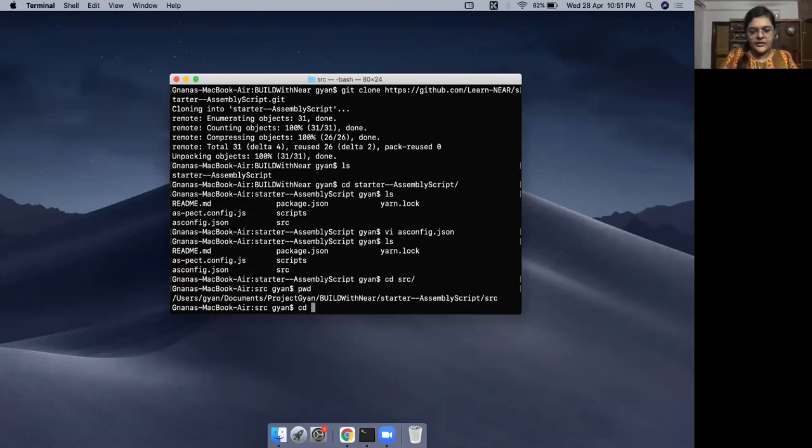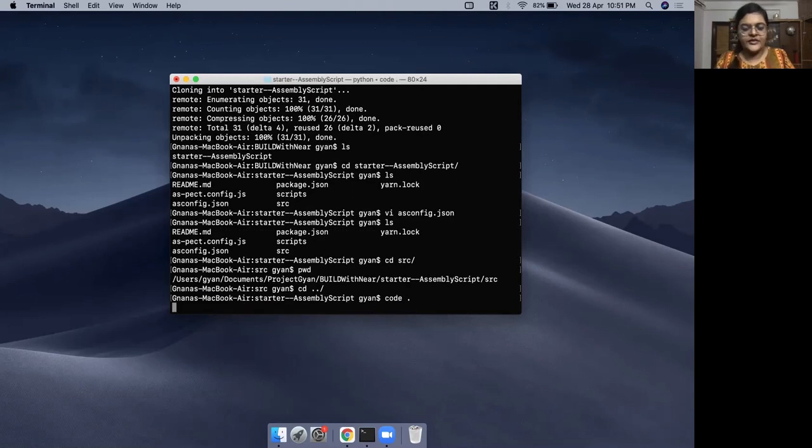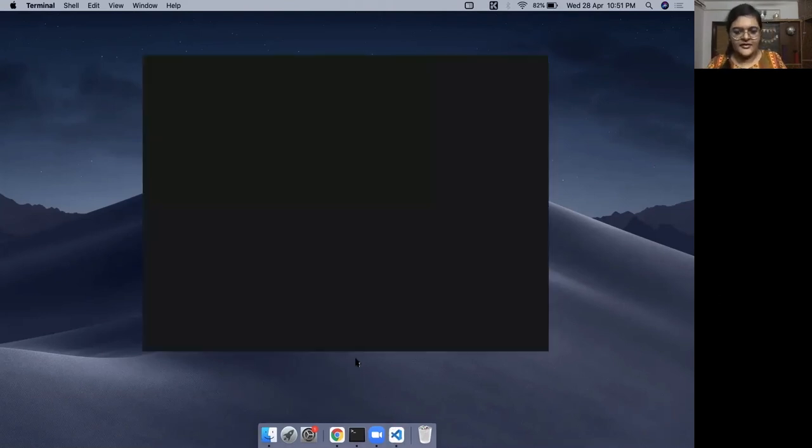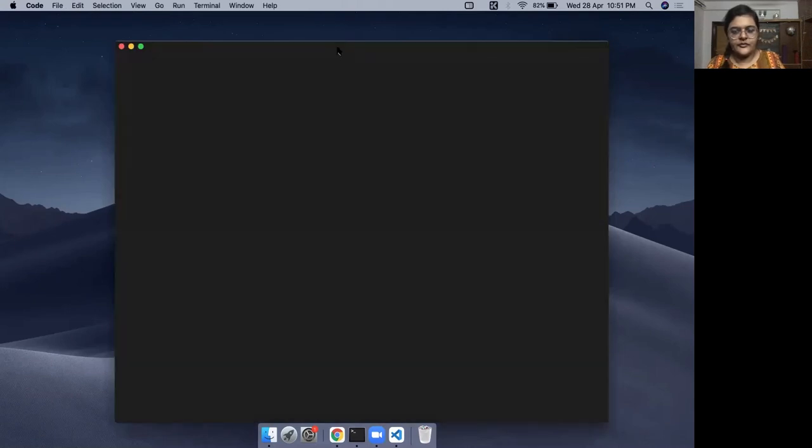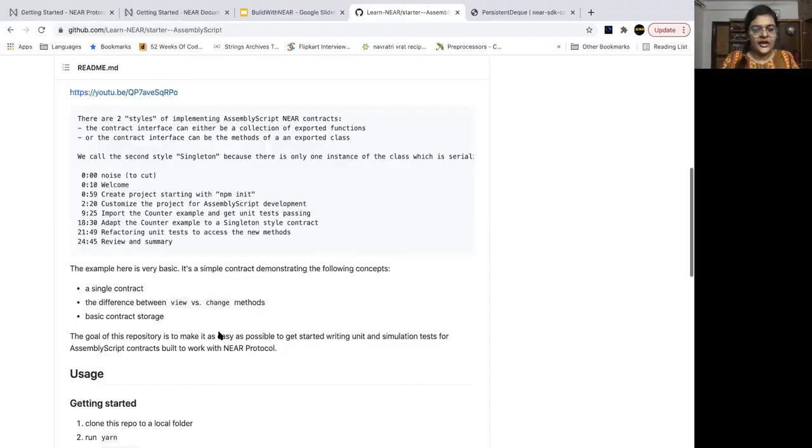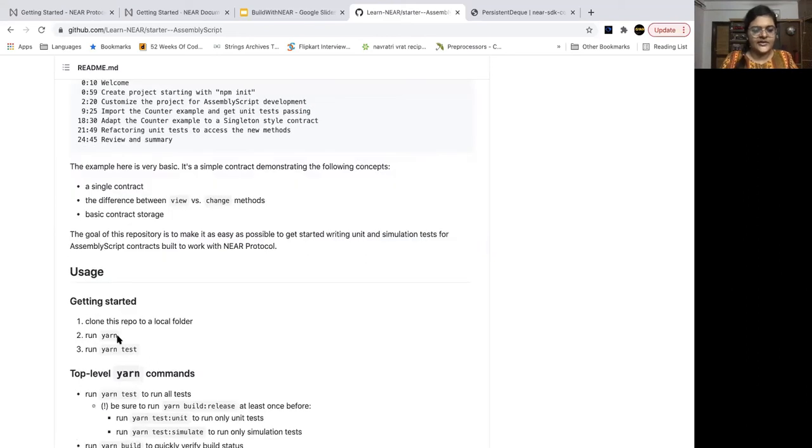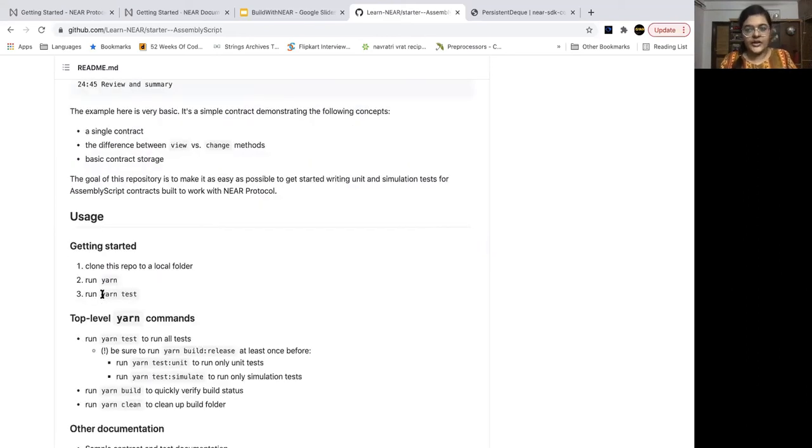Before that, I'm just going to open my VS Code so it becomes easier for all of us to see the code. So as mentioned in the repo here, we need to run yarn, which will install all the dependencies. And then if we want to run the tests, we can do a yarn test, right?